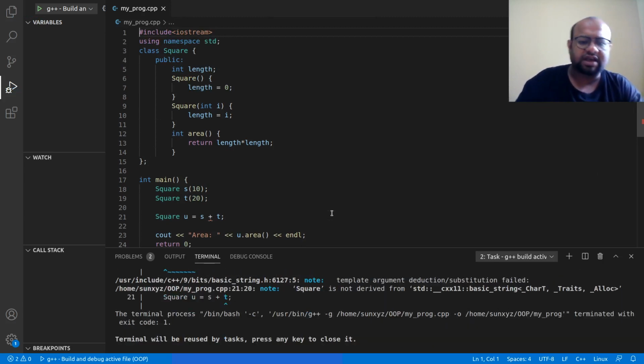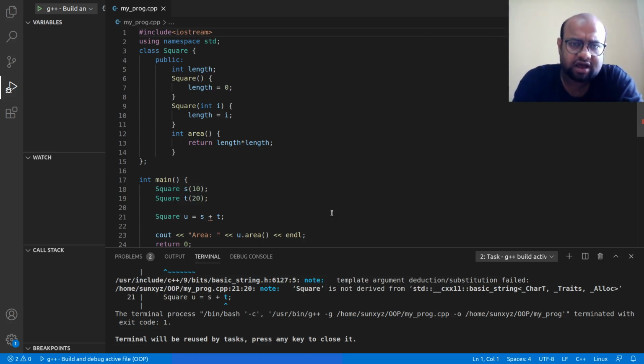Now when I execute this program, of course there is some problem. The problem is that this operator addition is defined for integer, floating point, double, all these different data types, but it is not defined for the data types that I am trying to add.